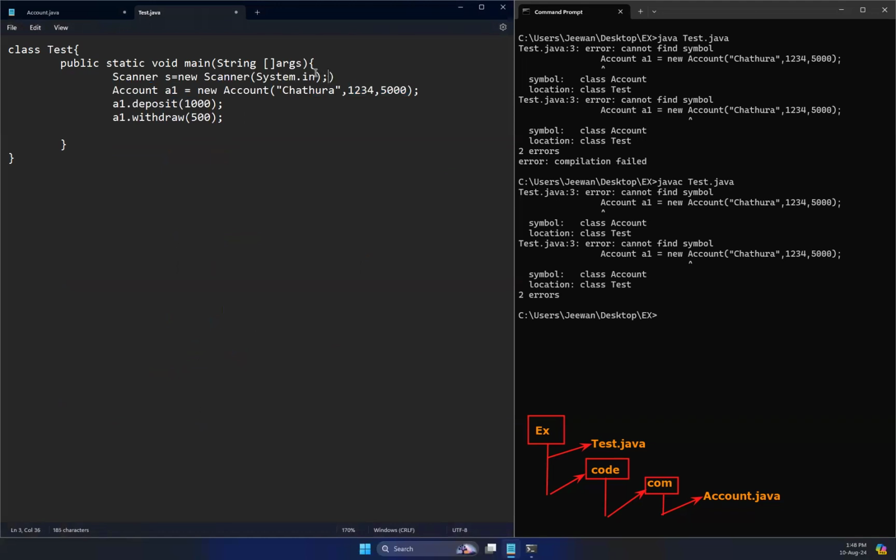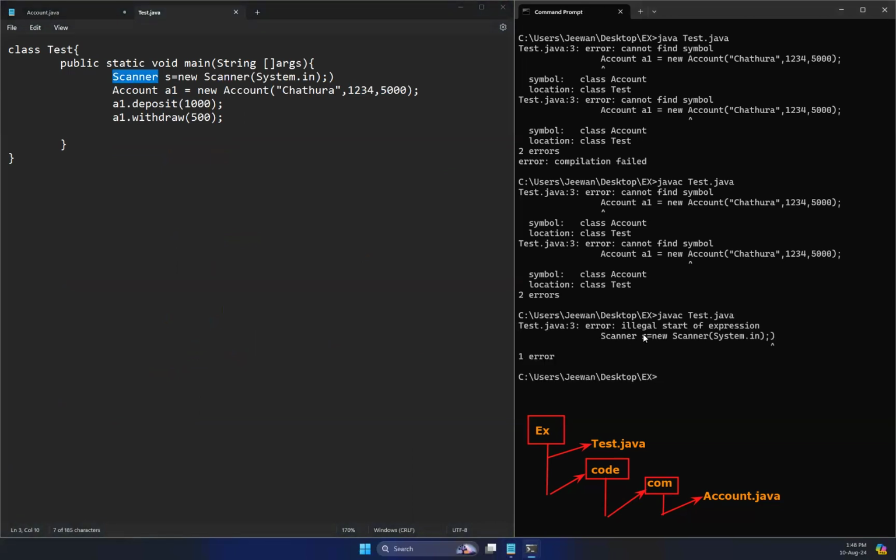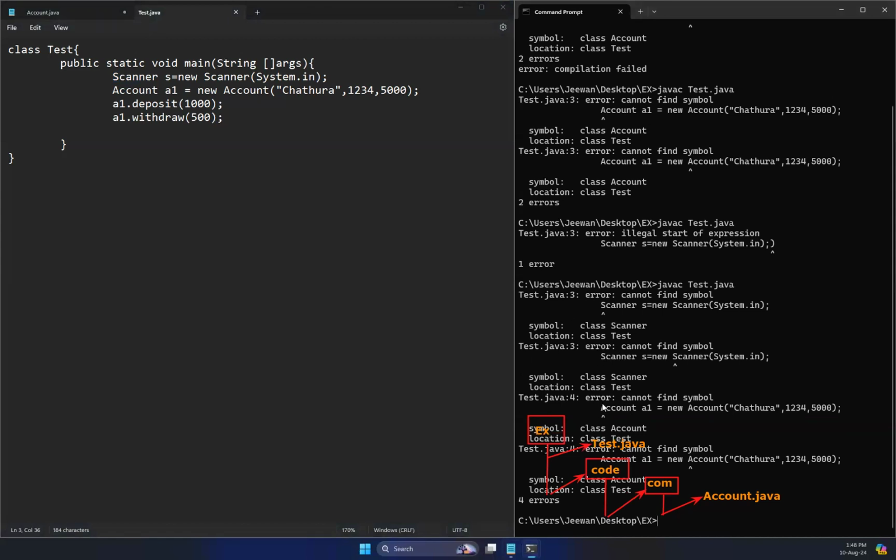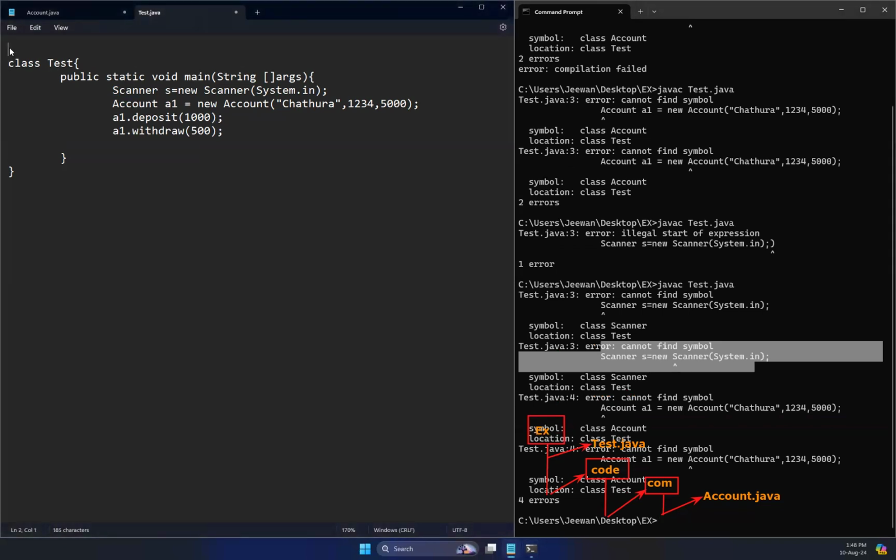Now, since I want to use the scanner, if I try to just compile the scanner, I will get an error: illegal start of expression. That is due to this bracket. Again, you will get "cannot find symbol", because the compiler cannot locate the Scanner. Therefore, I have to say that you are importing